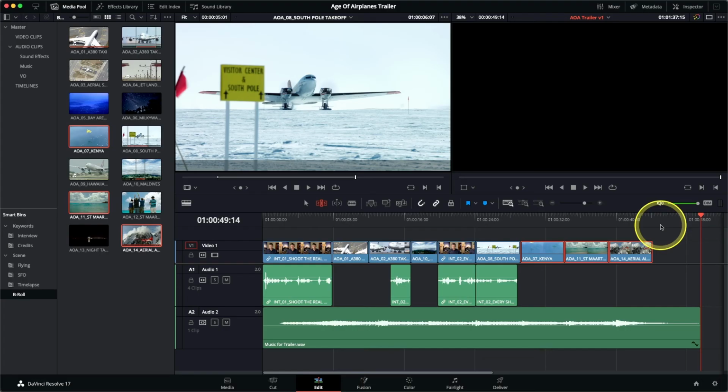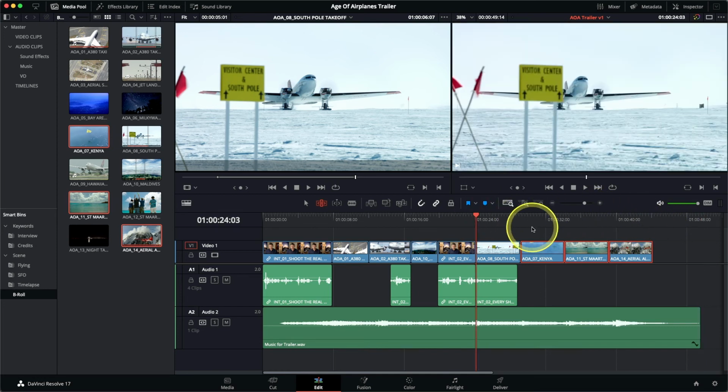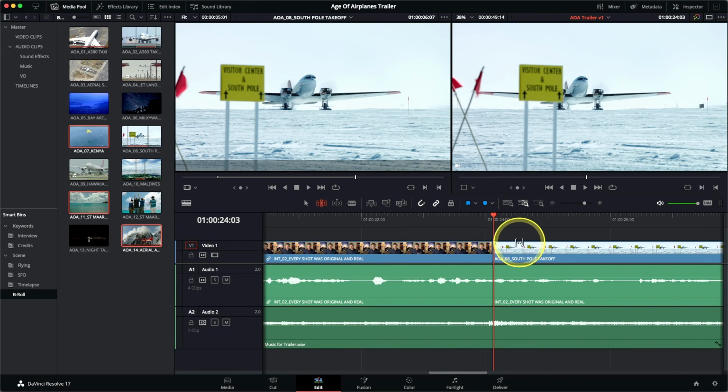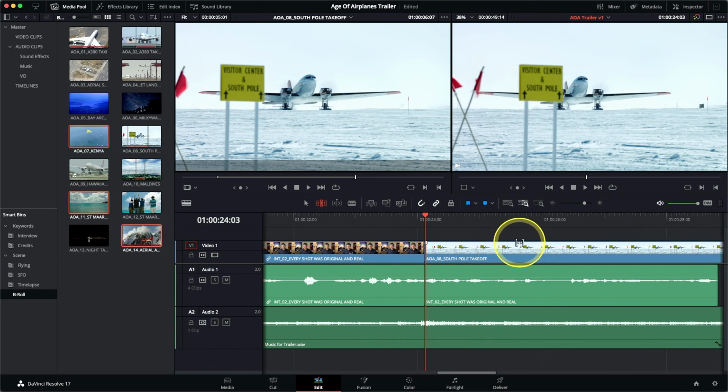However, I've still got a little bit of work to do here. Let's move back to the beginning of the South Pole clip, and then let's use the detail zoom button just to zoom in a little bit here. I want to make the South Pole clip a little bit shorter because nothing really happens in it. So a 5-second shot is a good starting point, but let's just make it a little bit shorter from the